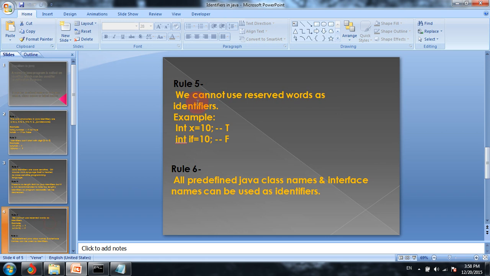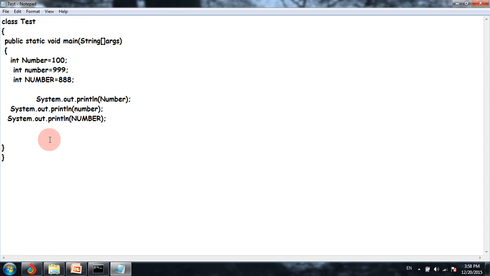Rule 5. We cannot use reserved words as identifiers. A reserved word is something which has special meaning in Java. It means when we use those words, that word is going to do some particular function related to the Java program. Say if is a reserved word, switch is a reserved word, and there are approximately 53 reserved words in Java. We will be discussing all those reserved words, but for now, say I take int